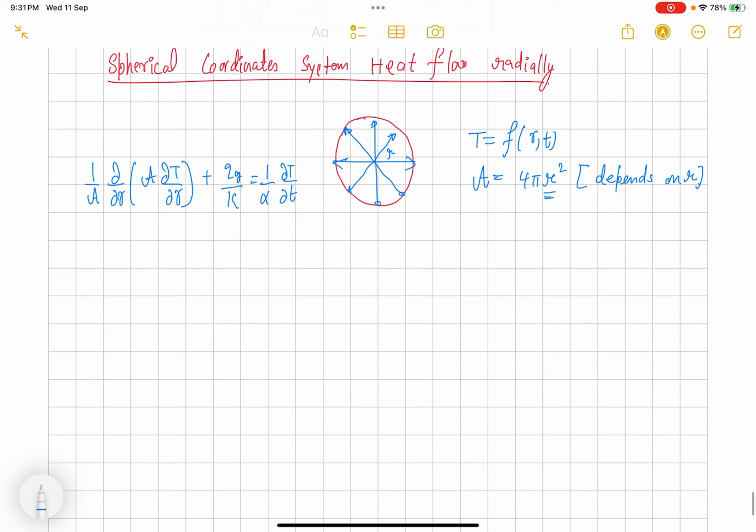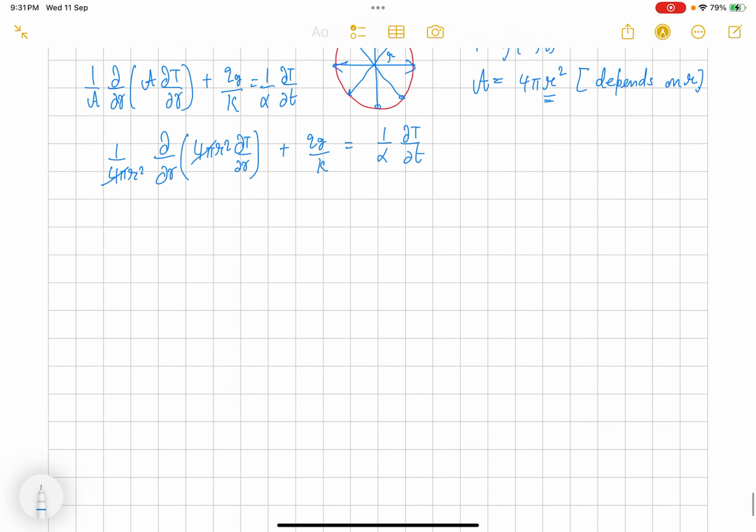Okay, so area we can substitute as 4 pi r square here, and we get 1 by 4 pi r square del by del r of 4 pi r square del T by del r plus QG by K is equal to 1 by alpha del T by del t. Since 4 pi is not dependent on r, we can cancel it, and we are left with only 1 by r square times